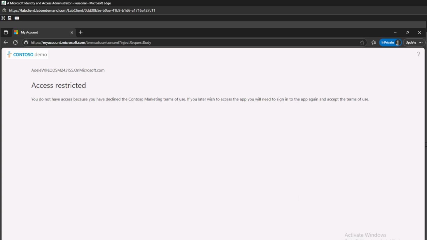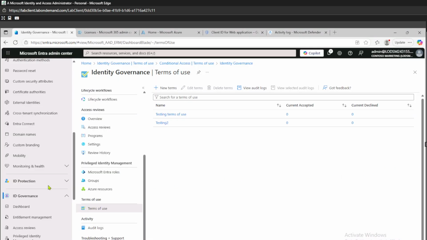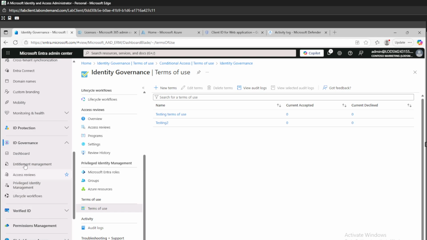So this is the end of task 2. We will now view a report of who has accepted or declined in task 3. So I'll just cancel that now, and we will go back to identity governance, then terms of use,